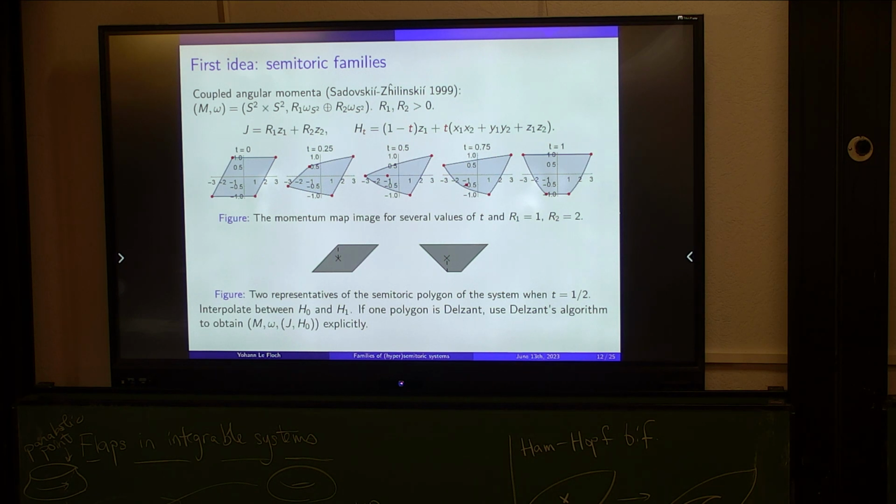But okay, first, this naive idea, what was it? So if you go back to this historical example of coupling two classical spins in a non-trivial way, well, the non-trivial way could be done in different ways. So these come in a family where J is fixed. It's still the one generating the rotations about the two vertical axes in the two spheres.